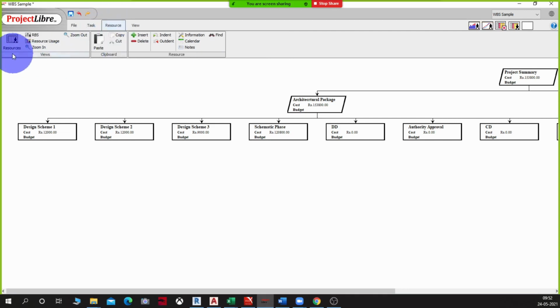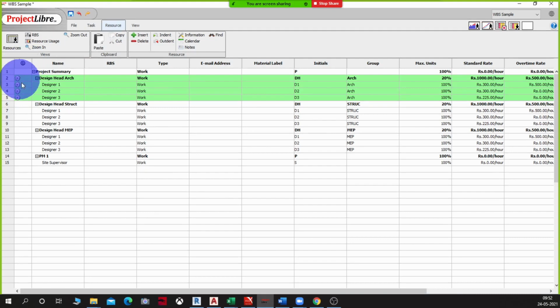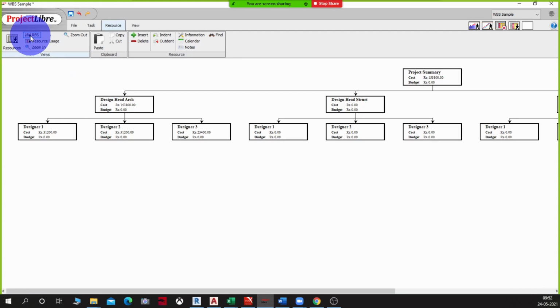Now let's come down to resources, and here you see once we have assigned these resources to the projects, you can see a cogwheel being shown to them that is telling us that they have been assigned work in this project and they are a part of this project team now. Okay, now if I want to see the resource breakdown structure, I'm going to come down to this and notice that there is a cost being assigned to designer 1, designer 2, designer 3. Now this is based on the overall work that they have been allocated in the project so far. Am I clear? Yes.